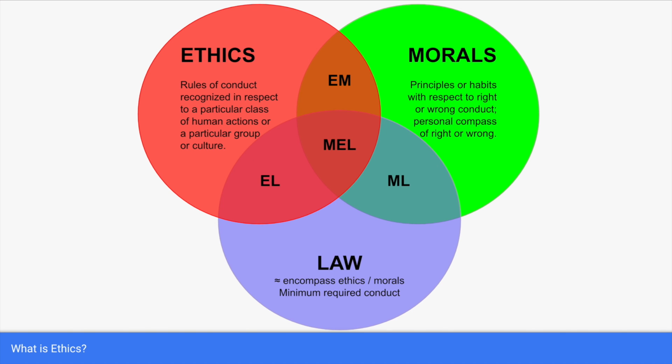Law, on the other hand, is a combination of common law and statutory law that may also encompass some aspects of ethics and morals. Law prescribes only a minimum of ethical, moral activity. For example, in the context of business, law does not provide purpose or goals that aid businesses to meet excellent service to customers, clients, or patients. But what law does do is provide for the minimum conduct that a business must comply with in order to operate.